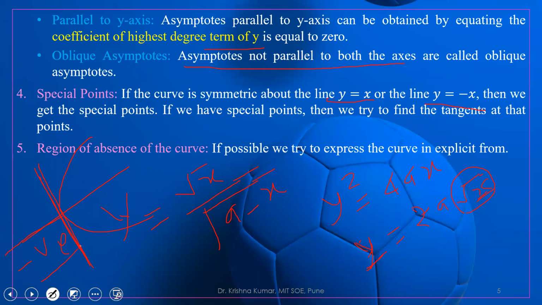Are you getting it? So now, we will try to write the given curve as y in terms of x or x in terms of y, whichever is easy for us. So now we will try root of x for a negative value of x. There is no part of the curve there. So we can separate y and x, and we will say for which value of x, y is imaginary.